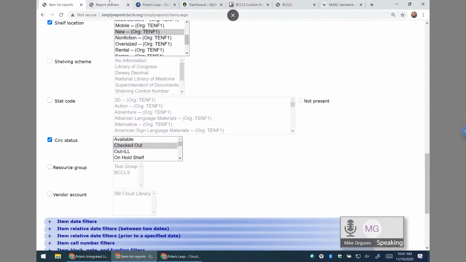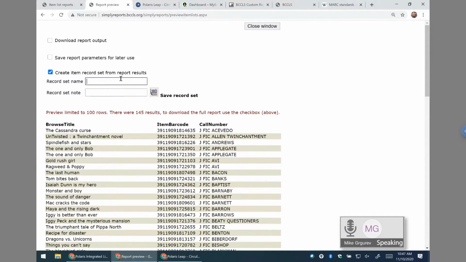So I'm going to stick with checked out. And all I need to do to generate a record set, which will be visible to Tenafly, is give it a name. So I'm just going to go with TNF. It's good to start it with an abbreviation just to keep things nice and orderly. It's not necessary, but I believe there's still a glitch going on where you'll see other people's record sets. Until that's fixed, it's very helpful to prefix your record sets. So I'm going to put TENF. What am I going to call this? New